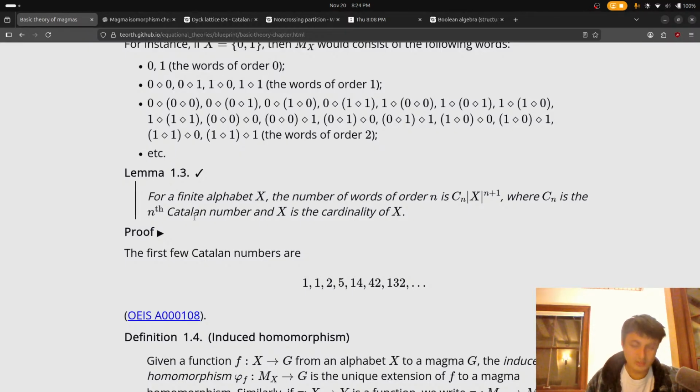So for finite alphabet x, let's just start off. The cardinality of x is 2 because we have just 0 and 1. So then we have 2 to the n plus 1. So let's just try to figure out the order 1 case. So this is going to go to 4 for order 1.